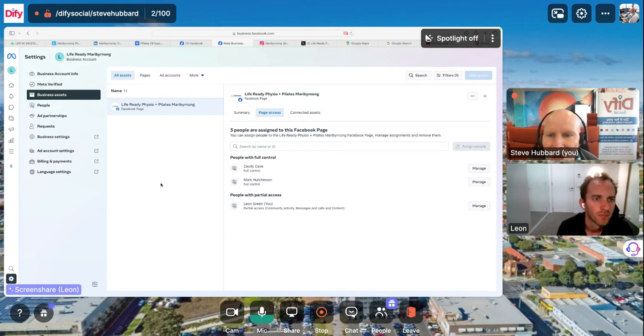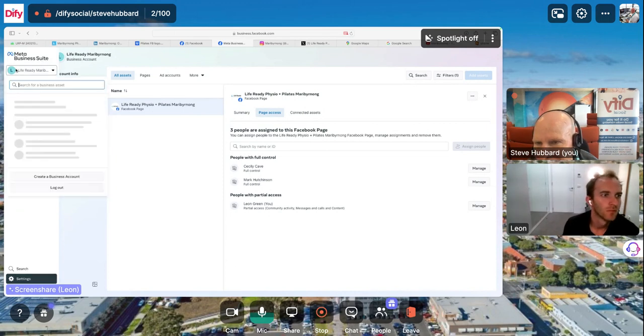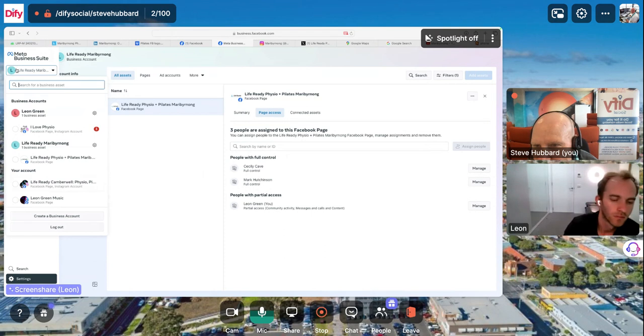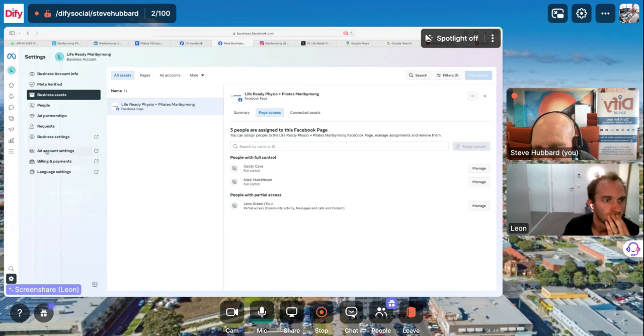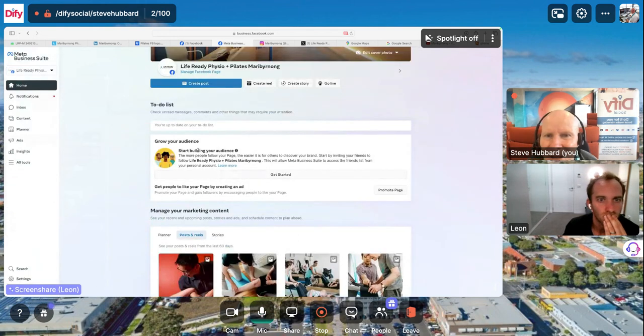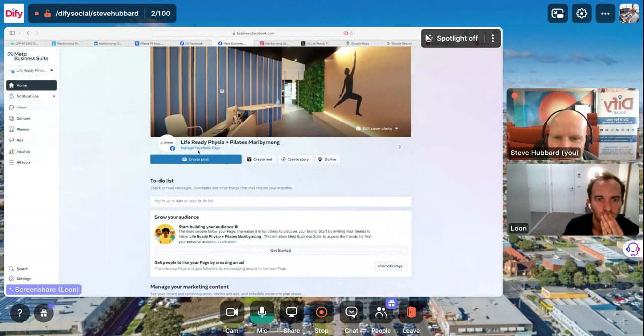So on the left hand side again, where there's the L, click on that L on the left hand side. Yeah, click there. This time, just right click on the L. Oh no, it's not. I want you to actually just the next one down underneath Life Ready. So why don't you right click, open in new tab maybe? Oh, it won't let you do that. Actually, just put in the dot, then go there. Okay, so now copy this URL for me up the top,